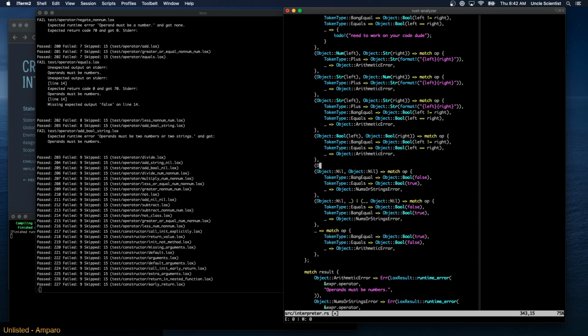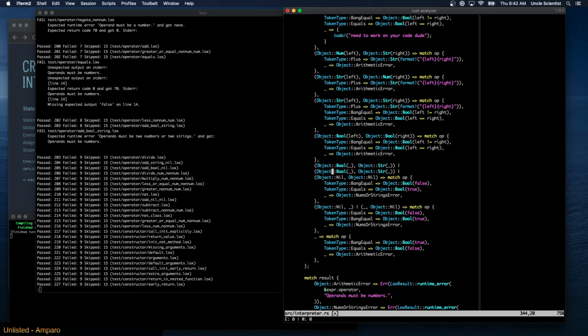Object bool to an object str, or the other way around. Is that going to let me do that? Because it might not let me do that. Object nums or strings error.